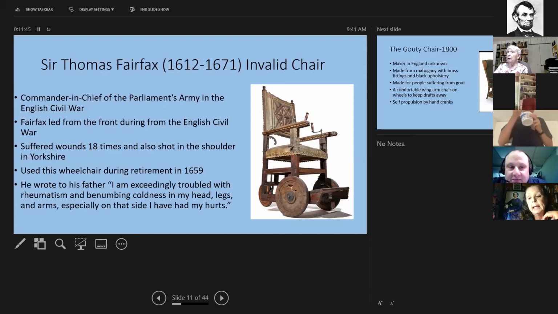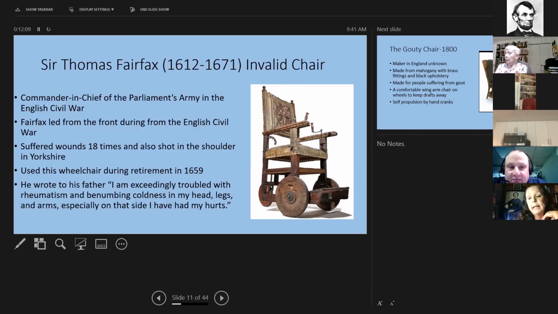"I am exceedingly troubled with rheumatism, benumbing coldness in my head, legs, and arms, especially on the side that I have my hurts." Now, if you look at his wheelchair, it is all wood.